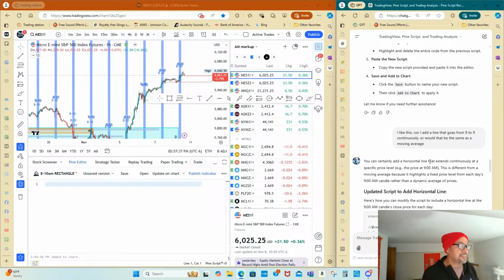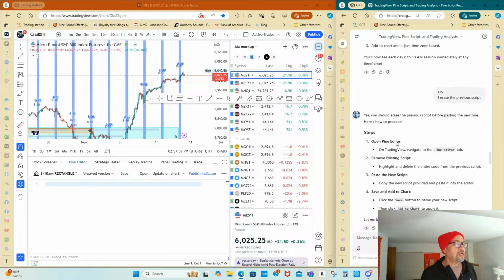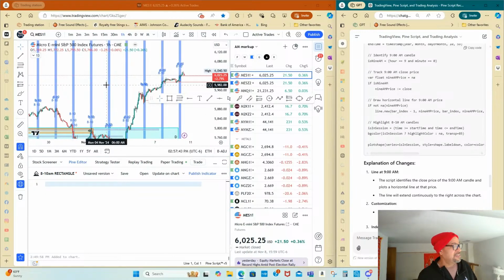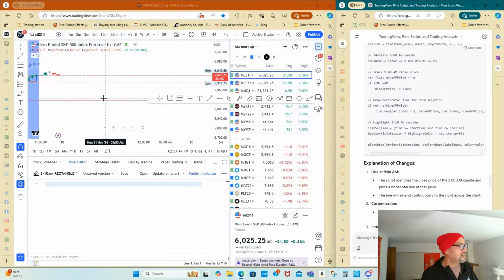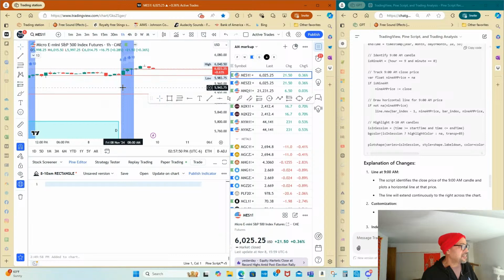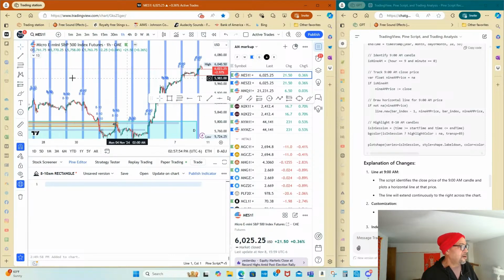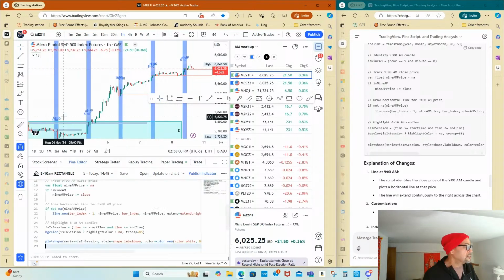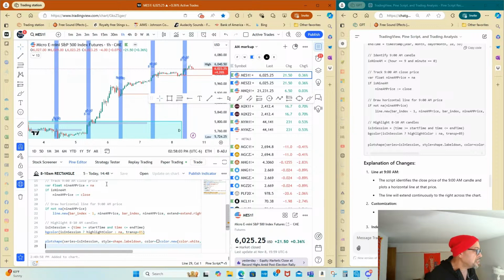I started a while back here, but I just asked it to write some stuff for me. And it said, okay, here's the 8 to 10 hours. If you look at this chart, this is the 8 o'clock, 9 o'clock, and 10 o'clock hour, always highlighted in blue. And I was like, well, it looks too much like stripes. So I had it redo the chart a little bit. And I'm going to see how well it did